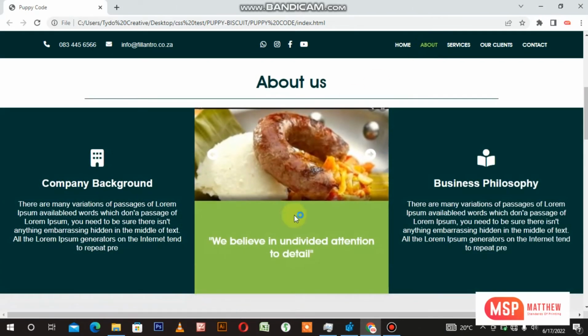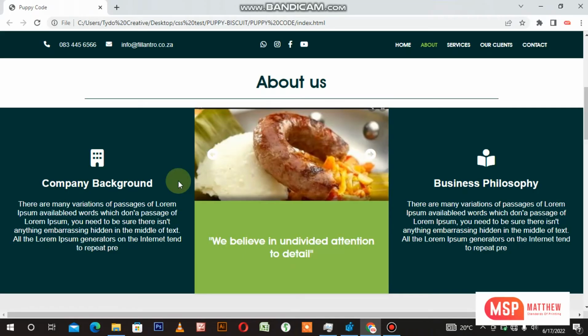So when I was designing the About Us section, I didn't want to use a white background with some pictures. I wanted it to be more colorful and also more visually appealing. So I decided to go with this type of layout where I've got 2 sections on my far right and my far left, for company background and business philosophy, and I've decided to use Font Awesome so that it can be visually appealing. Also in the middle I've decided to split the middle into 2 sections,